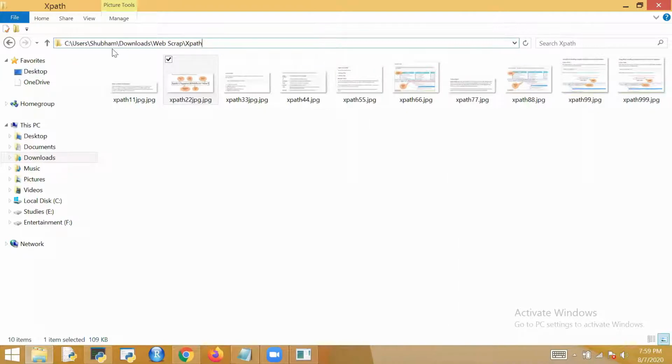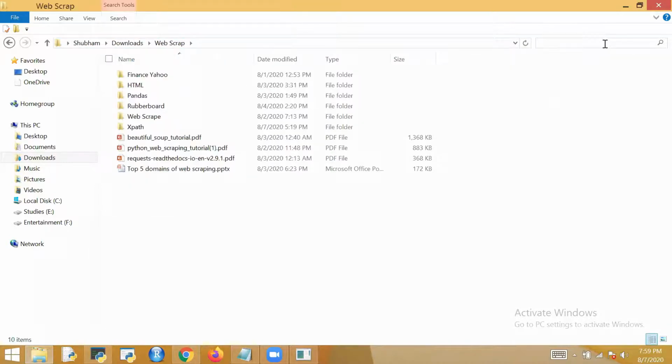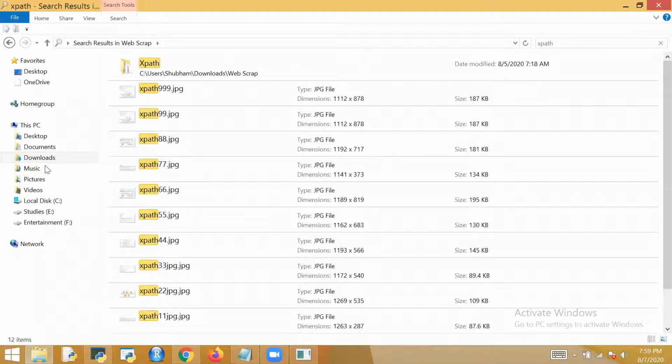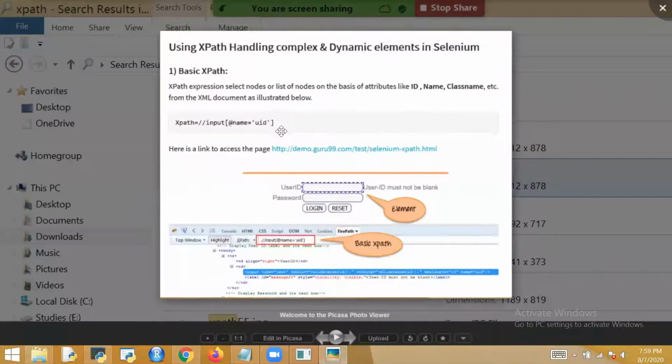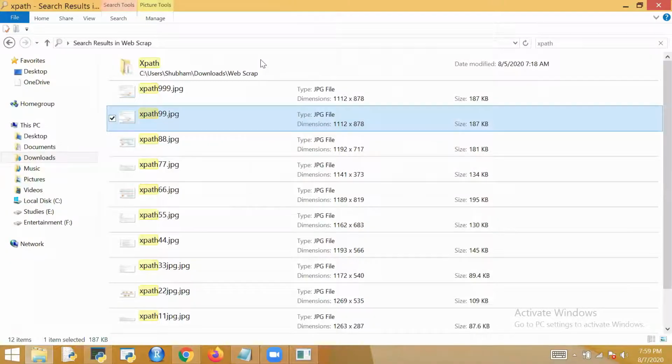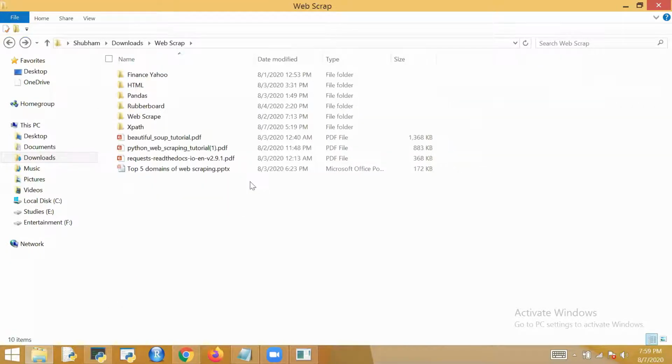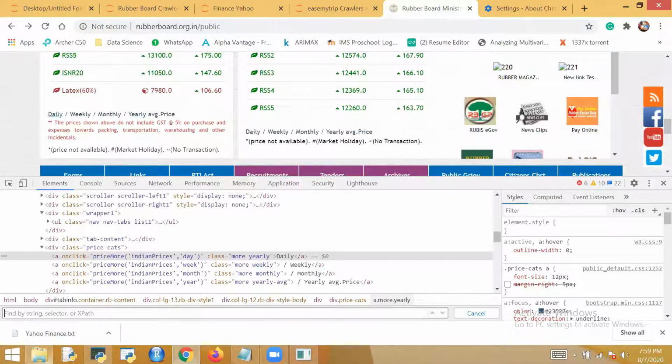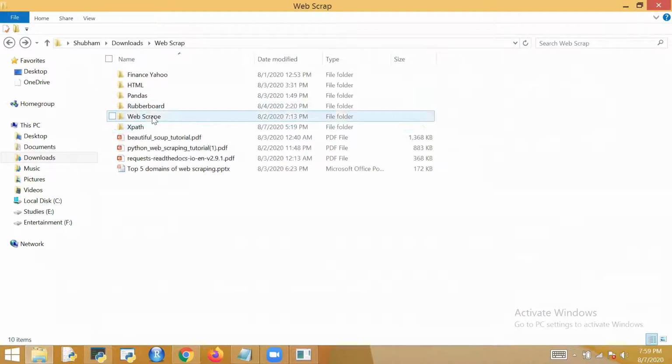And suppose here I'm finding in web scrap for some file. I came here, suppose I'm finding XPath or something, I'm clicking on this. This is my relative path. I have not given the direct path. I've used a find keyword to find my element. It works in a similar way in the web page.